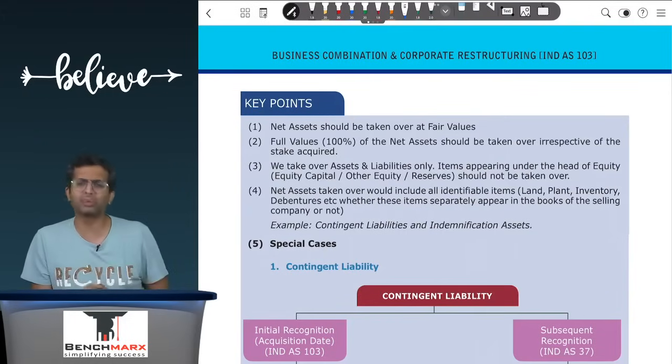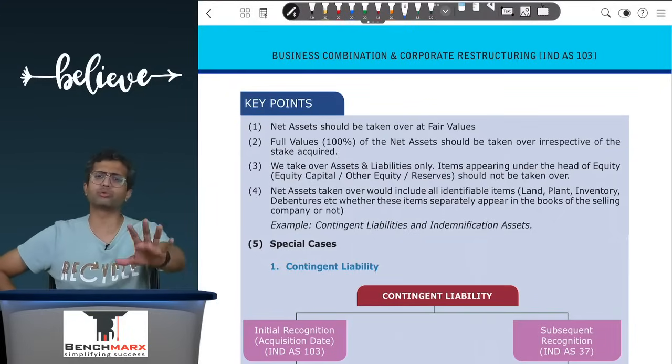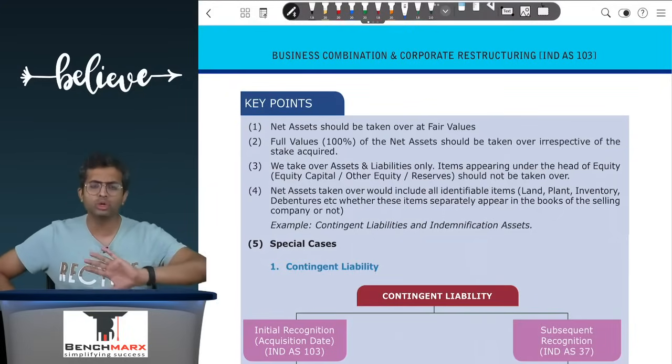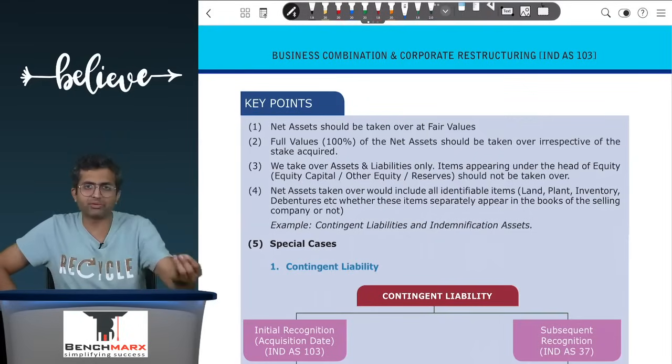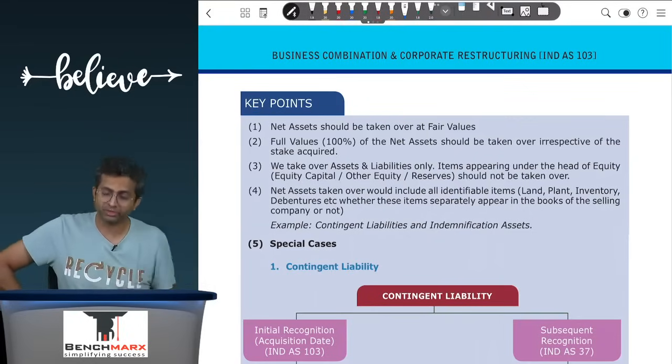There may be just a 20% chance. So 100 crore ka payment hai, possibly 20% chance that you will have to make a payment. Still 100 crores into 0.2. That is 20 crores, may be the fair value of this contingent payment, and hence it will be taken as a part of net assets.